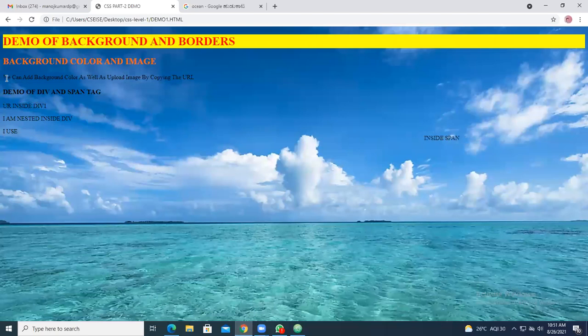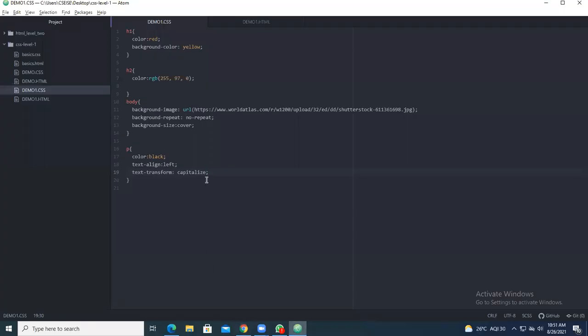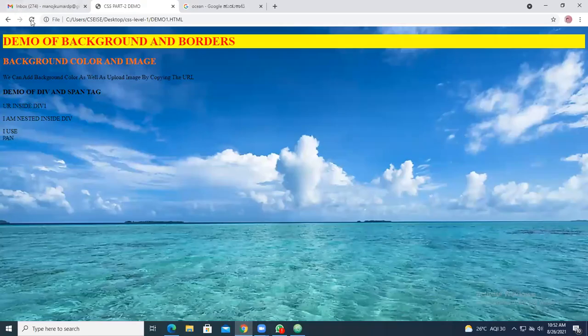You are not getting capitalization in each and everything. Suppose you want it in uppercase, give colon and here you give uppercase. Save the content and here you will get everything in uppercase. This is the paragraph content.